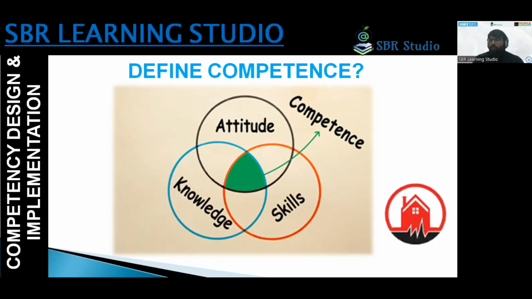It is about, number one, the functional competency. It is based on the core of your attitude, knowledge, and skill, which is required for the functional approaches or to completely accomplish some functional tasks. This is important. That's why in the beginning I shared with you that competence is one of the key factors, or the compensable factor, for your competency identification. When you identify the competence, it is based on the knowledge, skill, and attitude, which is required at every level of your functions.